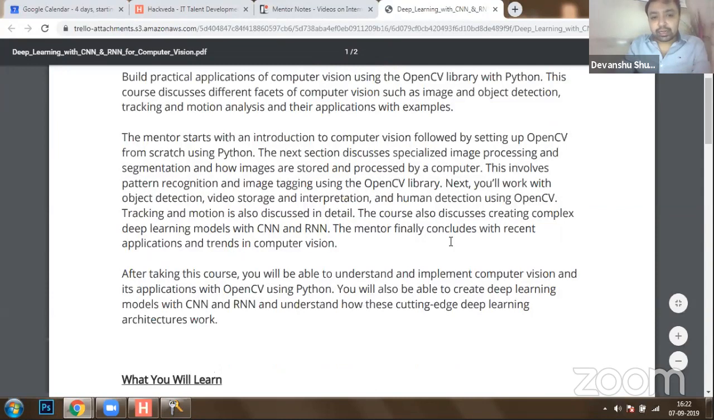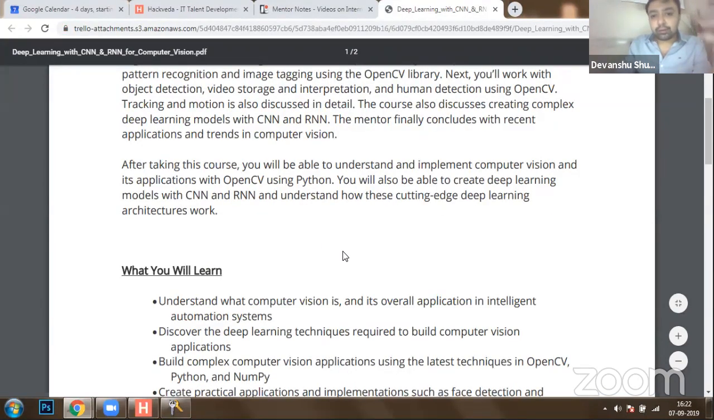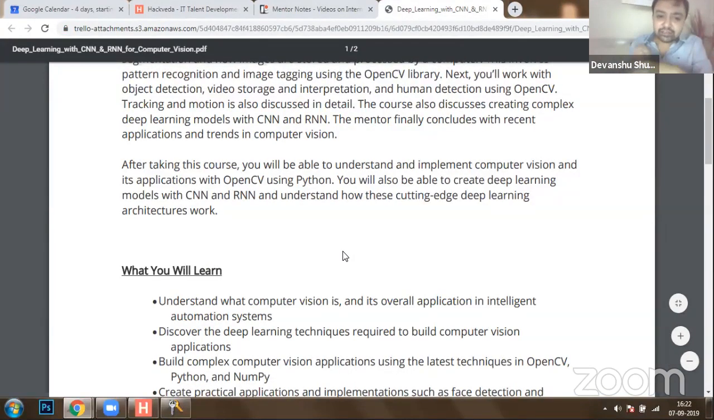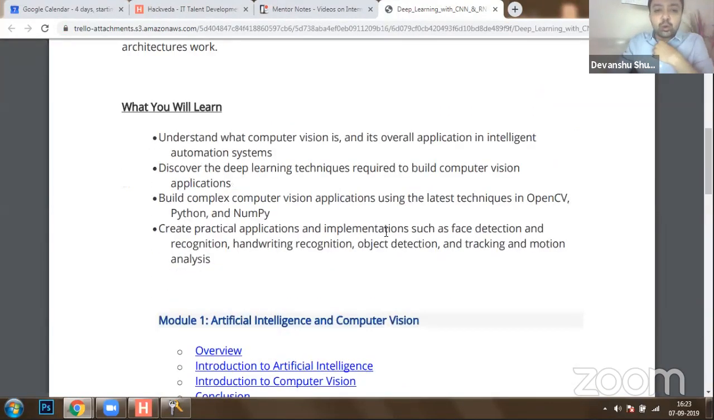So you're going to create complex deep learning models with CNN and RNN. And finally, we are going to make use of various different healthcare products, inclusive of brain tumor prediction. We are taking various others, like building damage predictions, and a lot of other case studies we are going to take up. So just to give you an overall idea about what you will be learning,